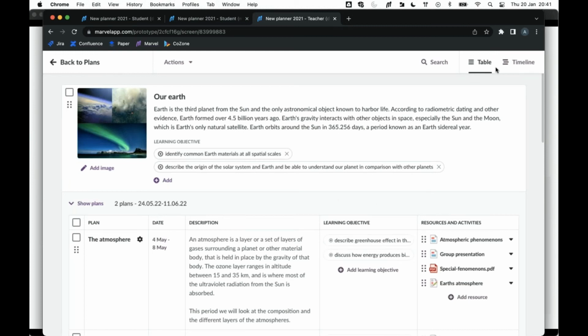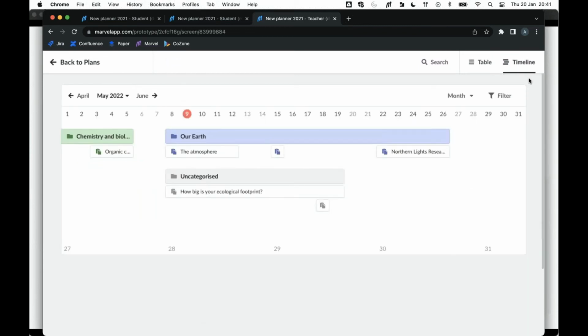Up in the right, you will also see that we have something called a timeline. And we think this could be very beneficial to get a bit more visual overview of the whole semester, for example, where I can see exactly when the different plans are starting and ending, and also be able to use this as a tool to change dates or